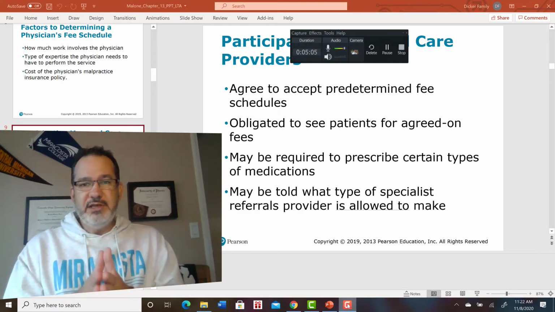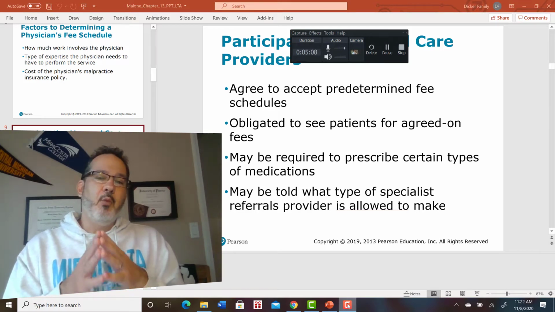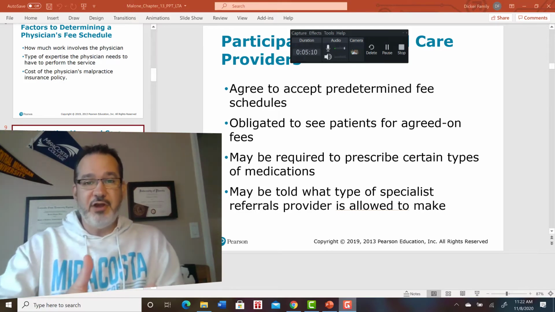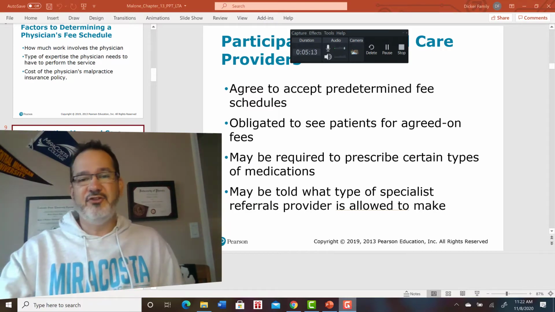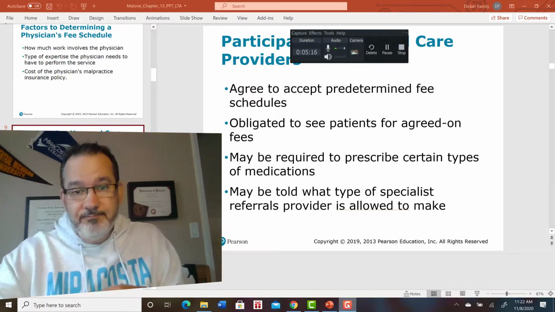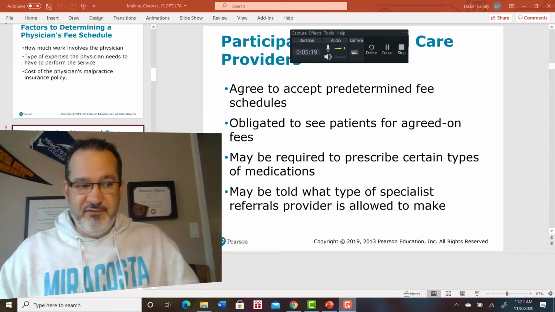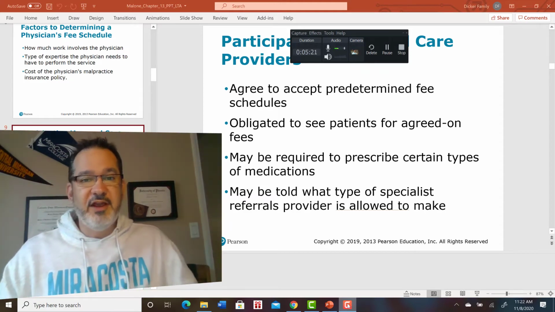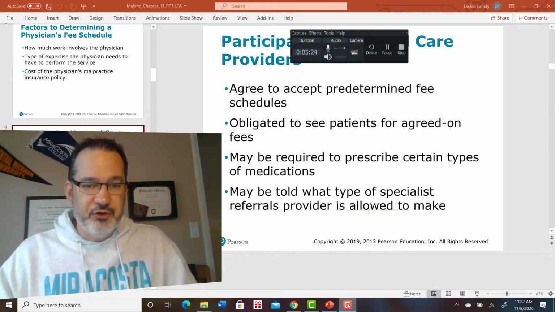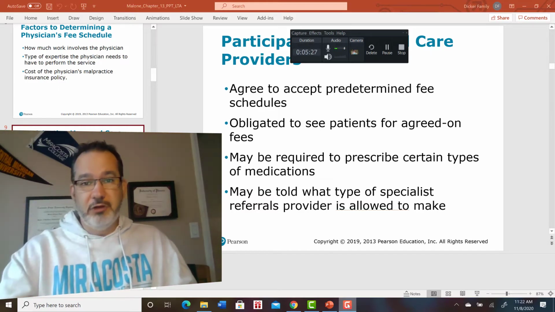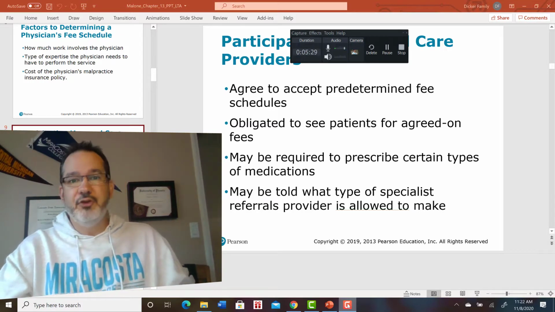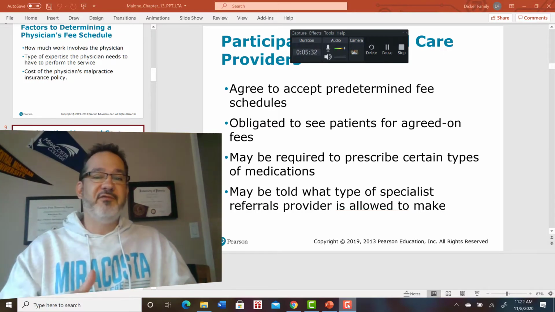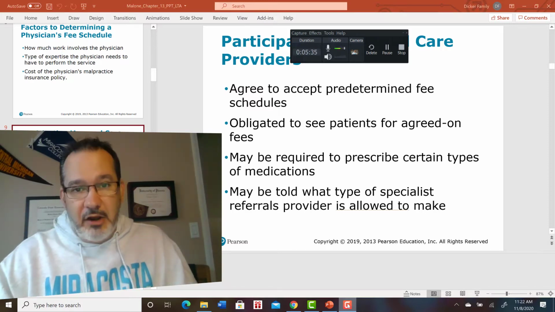So once you agree to be a participating provider, what you're agreeing to is to contract with that insurance to accept that insurance's fee payment schedule. That means if you perform a procedure with United Healthcare and they pay $100 for that procedure maximum, then you're agreeing that that's all you're going to be able to get. So you're going to charge the $100. Now that might be different with Aetna. Maybe Aetna only pays $90 for that same procedure, once you have agreed and you're contractually obligated to that. So that's part of being a participating provider.